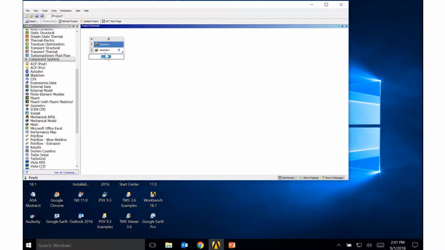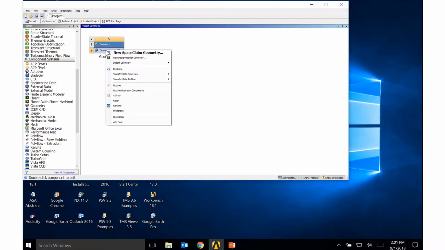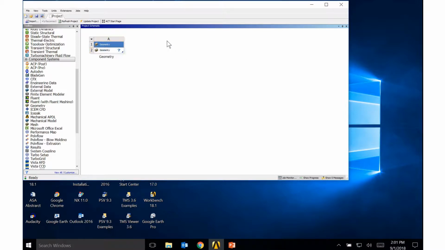If I've already created a geometry in another CAD package, I can simply right click on my geometry, and it takes a second, but when it comes up I can then see where I could import a geometry, where I could browse for the file or pick one of these where I have recently done some analysis. Since this is a standalone tutorial, I'm going to go ahead and create the geometry in